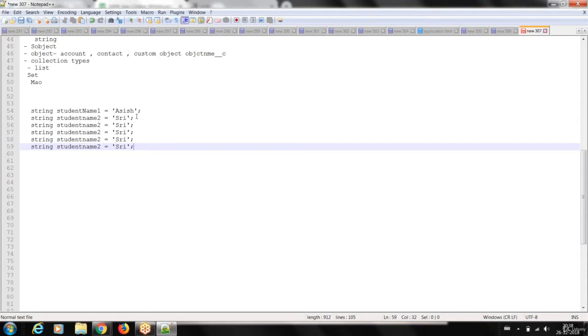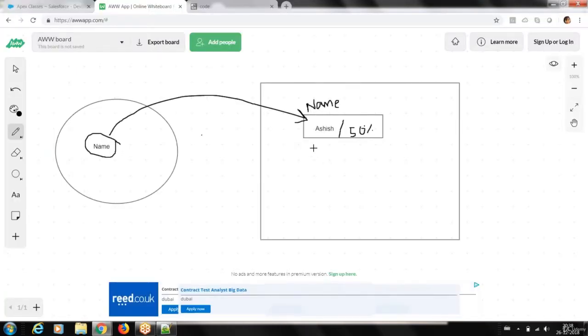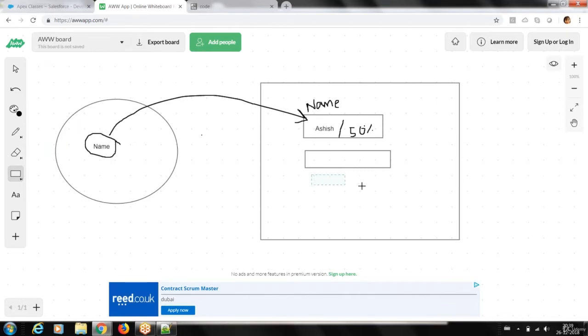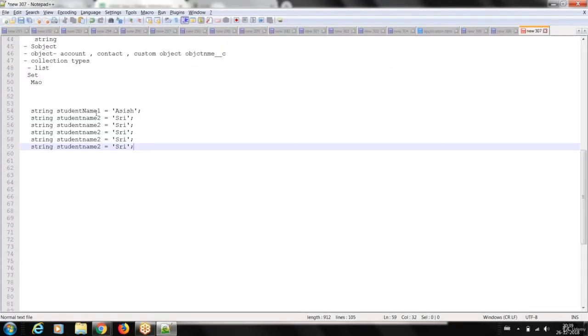It does not sound good. Every variable consumes some memory in my heap memory. For each variable, it will create one small memory space for me. Like this, if I give 50 memory spaces, it's not good. So what we do here, instead of this approach, if you see this Ashish 3, then some other